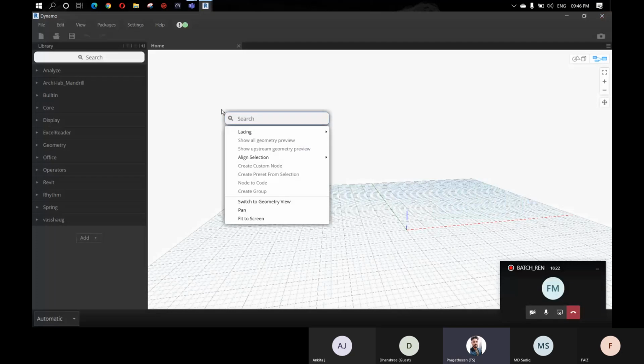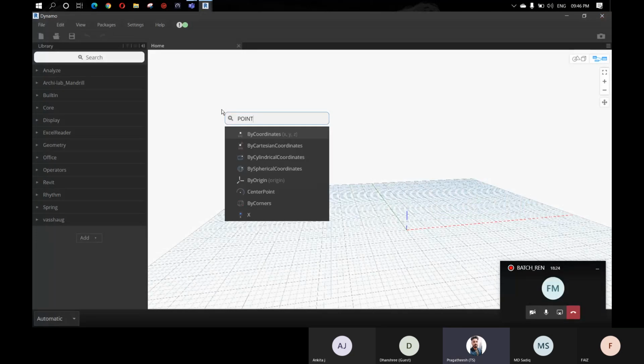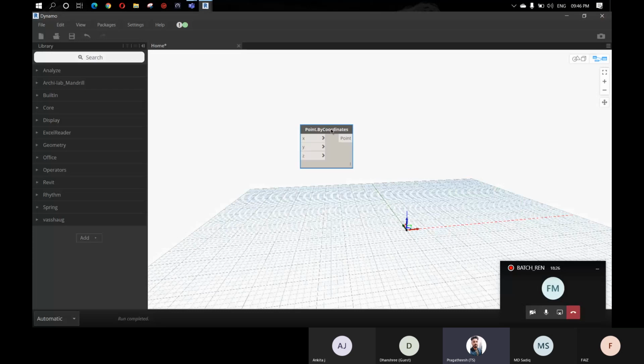Let's begin with point by coordinates. Let's give a set of points.